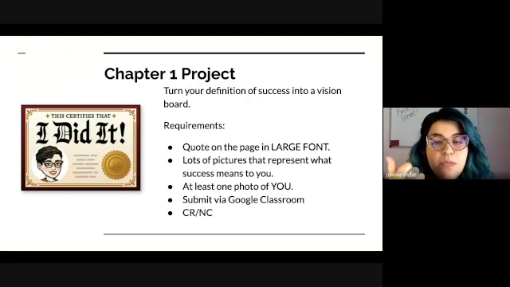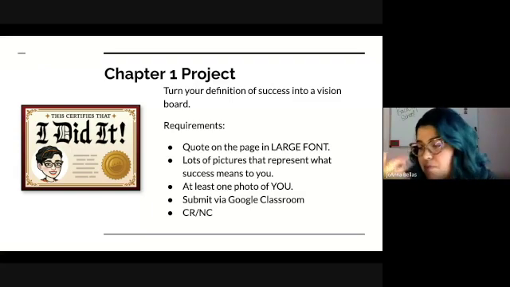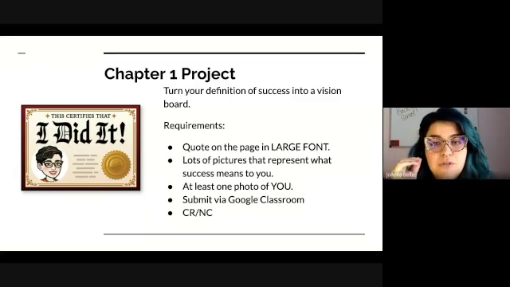Your quiz will be live at 3 o'clock. So at 3 o'clock, you can start taking your vocab quiz. It is open notes. Make sure you get your vision board to me. It is due before next class session, so 8 a.m. on Thursday. Make sure you get any missing assignments to me. Do your BC enrollment form.